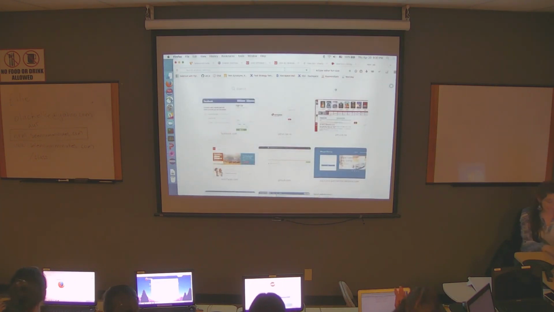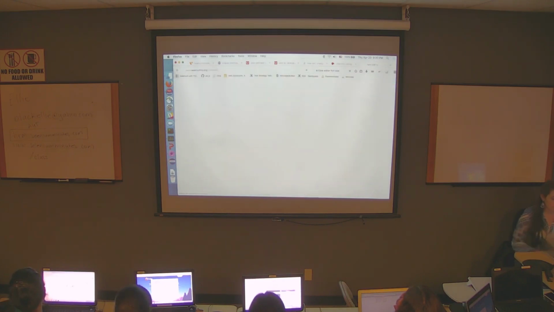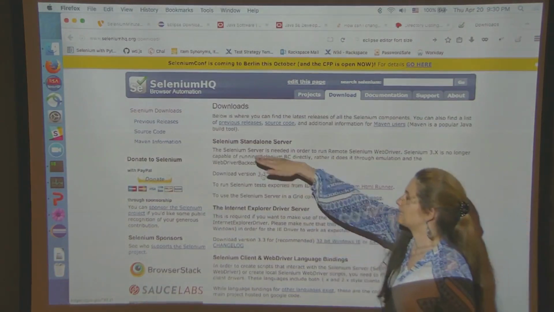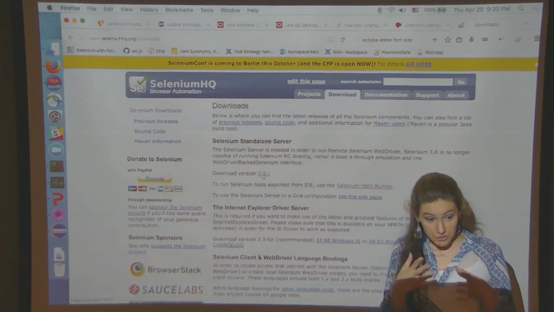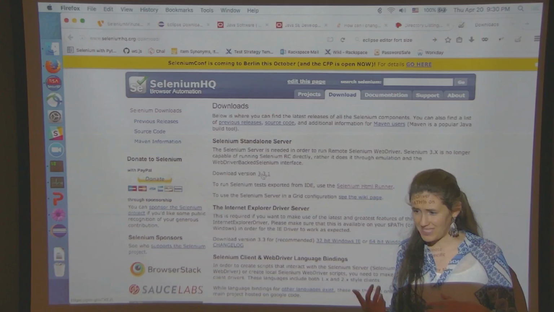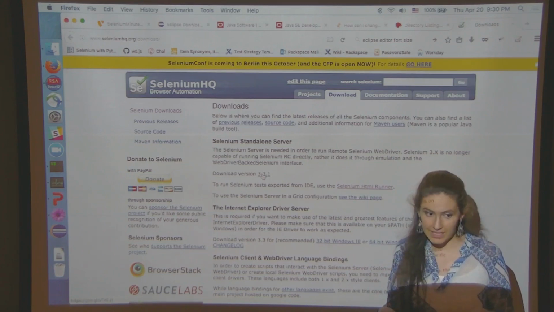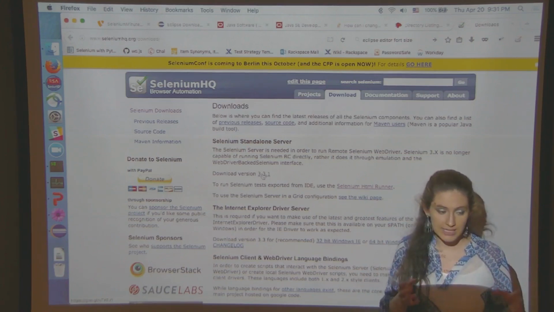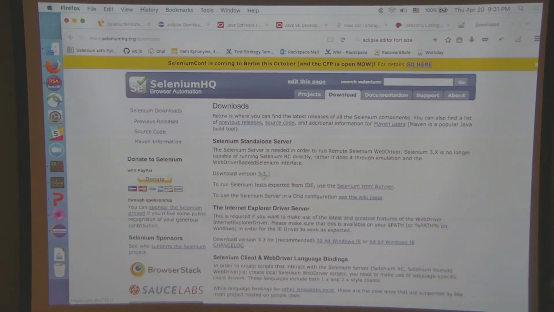If you go to seleniumhq.org/download, you will see Selenium standalone server. All right? Now, standalone server actually has client and server inside. So it's kind of a bad name. It's not just the server. It's server plus a whole bunch of other things inside there, like even including JUnit and some other drivers like Marionette and all that stuff. But what we need is this guy. All right? So we basically click on this link and download.